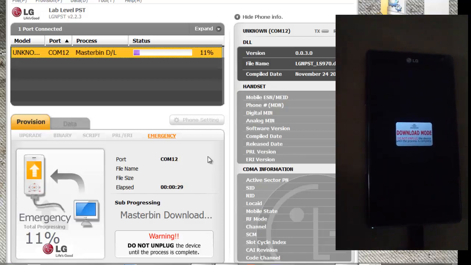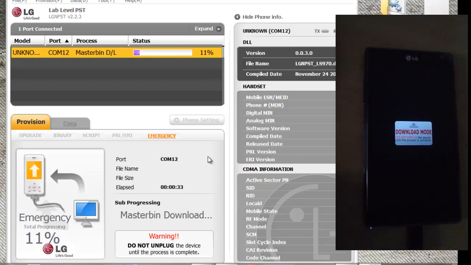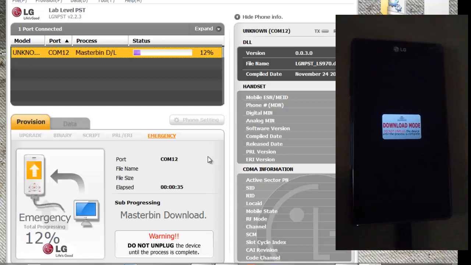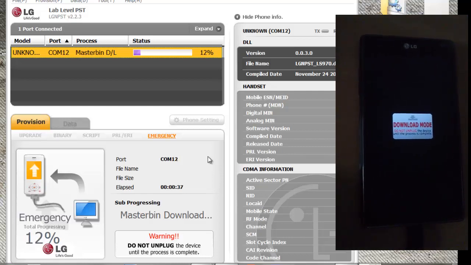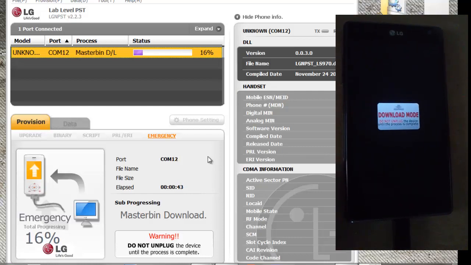If your phone boots up, then you can unplug your device and use it. If your phone doesn't boot up by 85%, you have to keep it up to 100%. Normally there is no need to keep it to 100%. So, flashing.